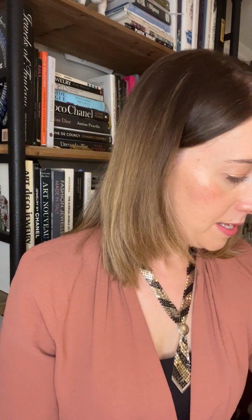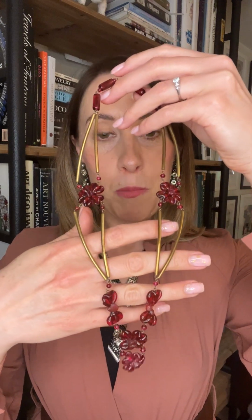Let's quickly recap the pieces. So there's the Art Deco clutch, this Art Deco inspired or original Art Deco mesh necklace, these Countess Sis earrings from the 1950s, this celluloid Art Deco bangle, a 1930s lampwork glass necklace, Art Deco silver and faux pearl tassel earrings, a 1950s marquisite and silver brooch, a dress ornament from the 30s, 1997 Chanel earrings, and this wonderful